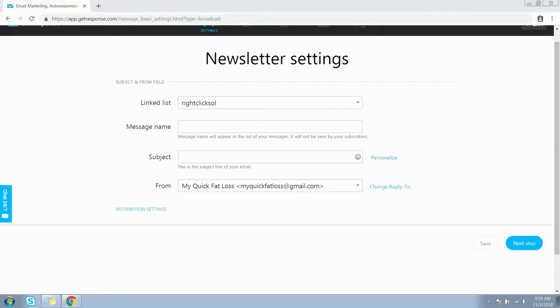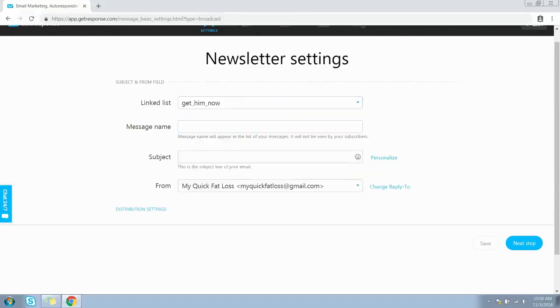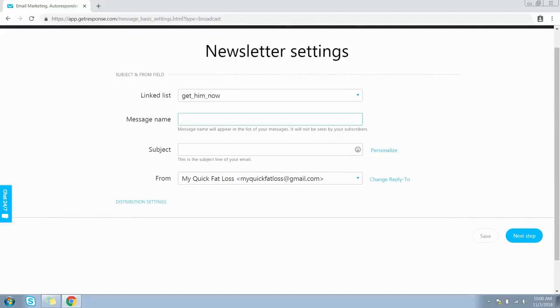On this screen we need to set up the newsletter settings. The first thing is to select the list. This is the list where you can find the newsletter statistics for. So let's select this list. Enter a message name here. This message is for the internal purpose only. Give a subject line to your newsletter. So this is going to be